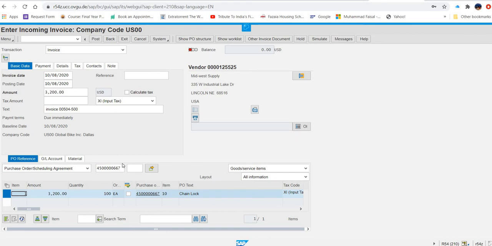Now what they are saying here, in this, check the booking OK checkbox in your line item. Okay, this is like this one. And what they are saying, use the simulate button to see if the postings are correct. Where is simulate?